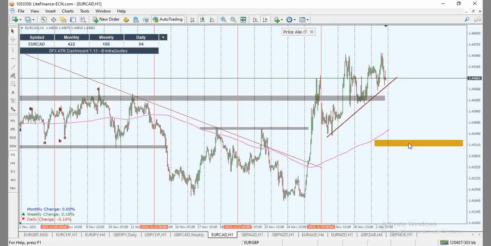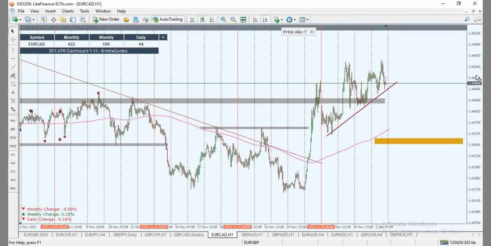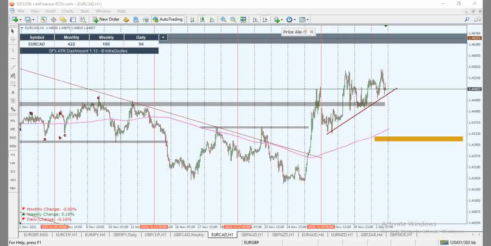I want to see price slide. If price slides in a hurry during the news release back into this territory, I think that would be the best opportunity to start looking for buy opportunities. Price could also continue moving up. Say we have card weakness coming in after or just during the news release, we might also have price move up into testing this point right here. I think this is more bullish. But if price before the news creates a head and shoulders pattern of some sort, I might also look at the possibility that price would move back into the zone.